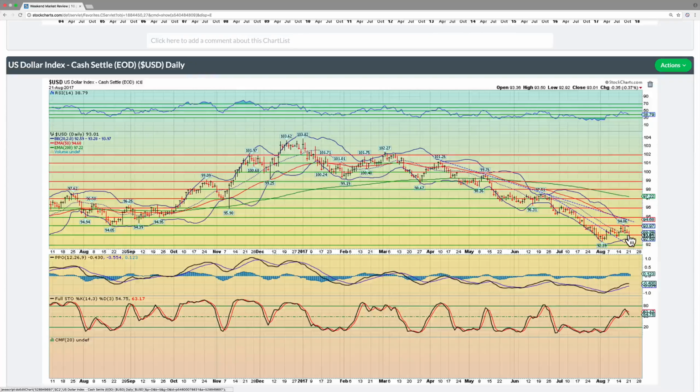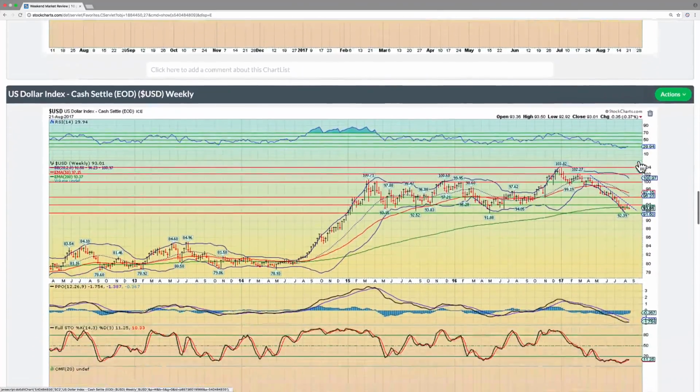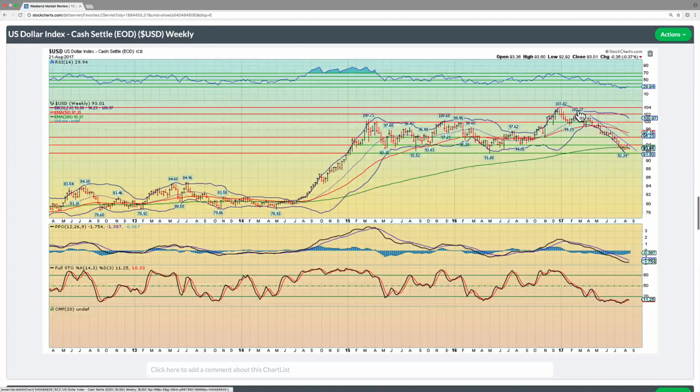We've retested, now we're retesting again, and it remains to be seen what happens here around that 38 level. If it can hold, possible double bottom test at 92. You see this when you fail at 50, very often traders just get out, and so we'll see what happens on the daily. Now on a weekly time frame, the US dollar still in a downtrend, and it's basing around